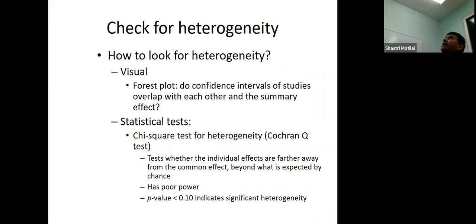Right. So what's this thing called heterogeneity? Heterogeneity means different. If I say a group of people are heterogeneous, it means they differ in some characteristic. In systematic reviews, heterogeneity means the many studies they found were different. Now, how could studies be different? Remember, a randomized controlled trial looks at a particular question. Studies could be different because the patients they looked at were different, the interventions were different, and the outcomes they looked at were different.